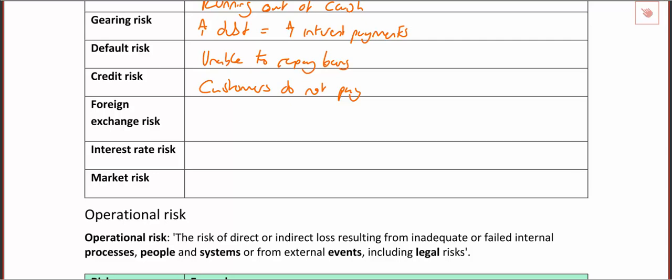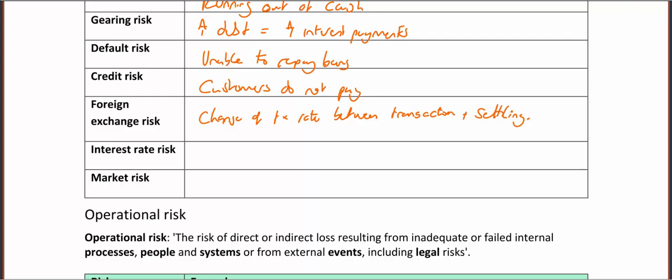Foreign exchange risk is to do with risk driven by movements in foreign exchange. So for example, I might have a change of my FX rate in the period between agreeing a transaction and settling that transaction. So I agreed to sell my product for 50,000 euros, and by the time it comes around for my customer to pay, the exchange rate has moved, and now actually that amount of euros doesn't cover my costs anymore.